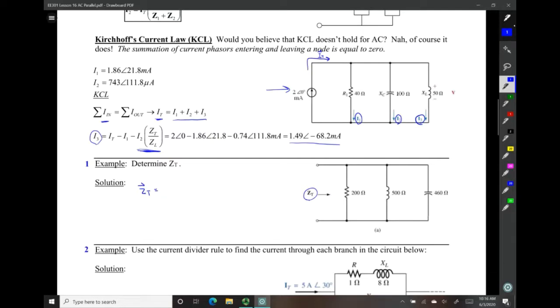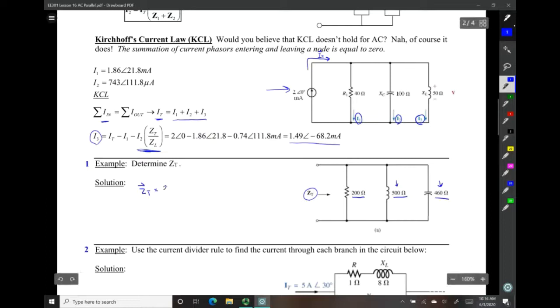We see we have 3 parallel impedances, and we'll take note that they only give us the reactance for both the inductor and the capacitor, so we have to make sure that we apply the positive and negative j for both of those quantities respectively,